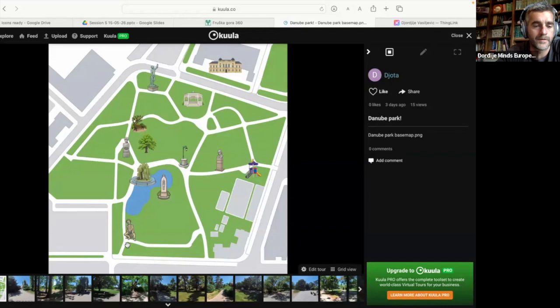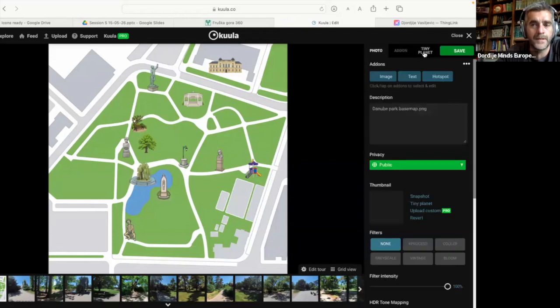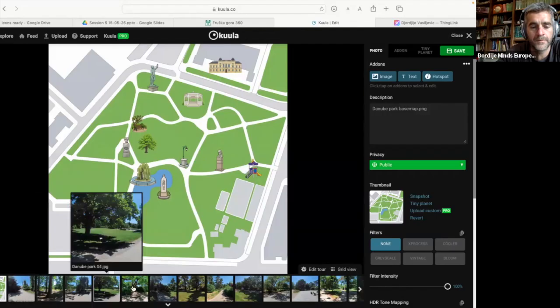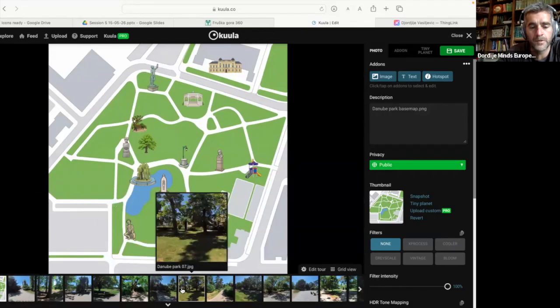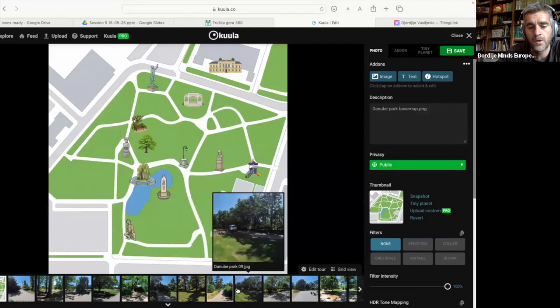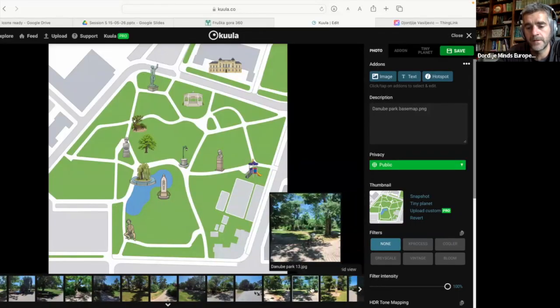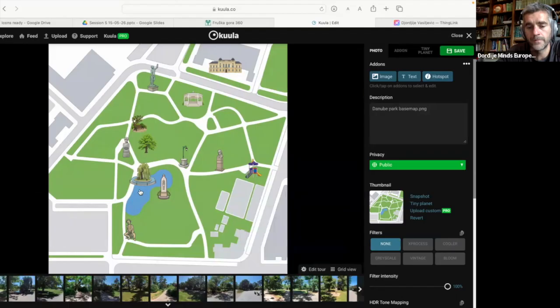into the map. So how is it done? We import the map and then go to edit. On each of these, I also uploaded photos. You can see at the bottom of the screen all 18 360 photos of the park that I took. I have a paper with me today, so I know where each of the settings is, or which hotspot is which.